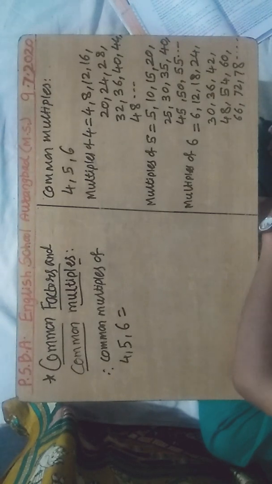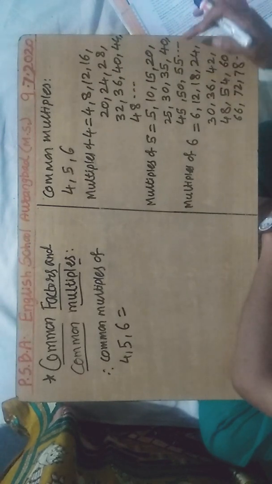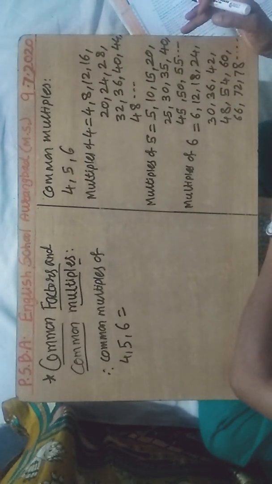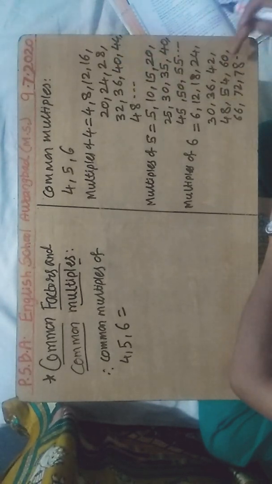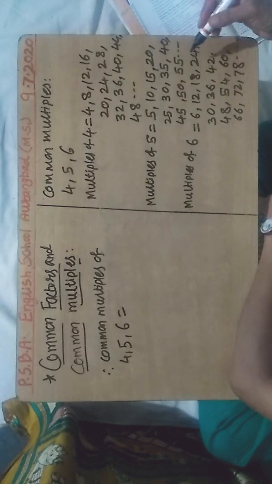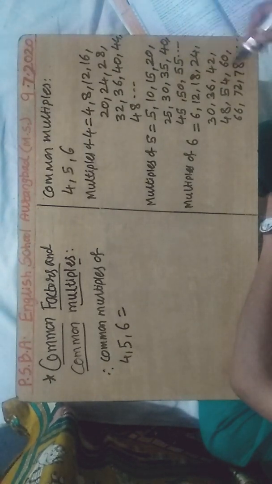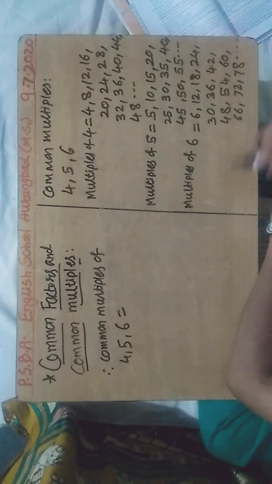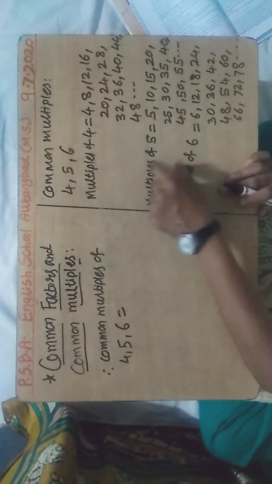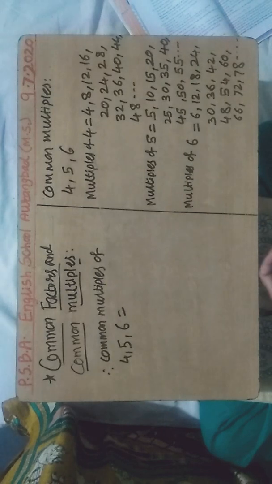Okay. So how to find the common multiples? It must be there in all the three numbers. Right? Maybe after this we will get a common multiple. But right now 48, here 48 is not there and here is also 48 not there. Okay. So right now, whatever multiples we have found, no common multiple is there. Okay. Maybe it will come afterwards.